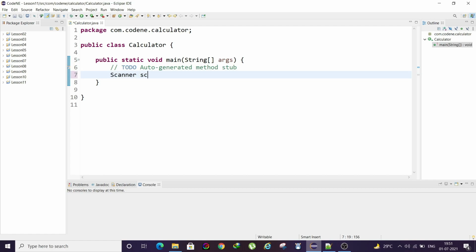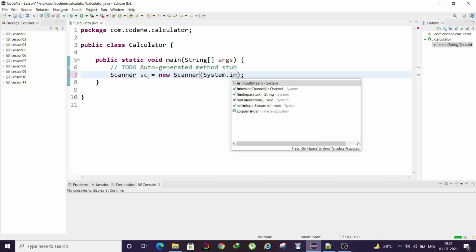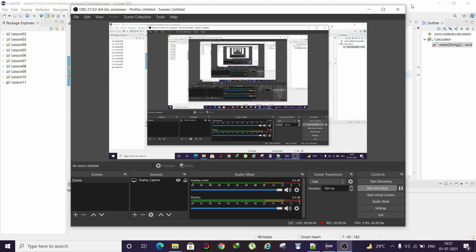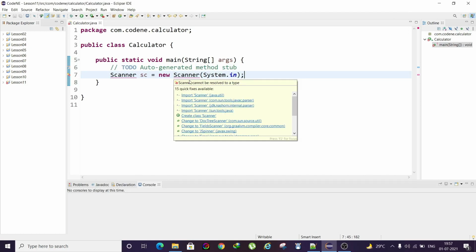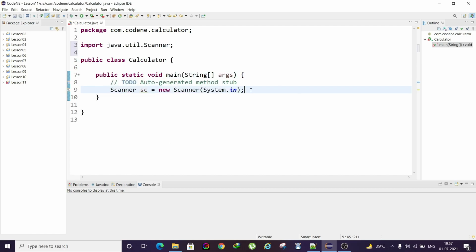So at first let's declare a scanner class, new Scanner, System.in. So there will be an error, then you just need to import it. Now once you have imported it, the error will be gone. See, now there is no error.